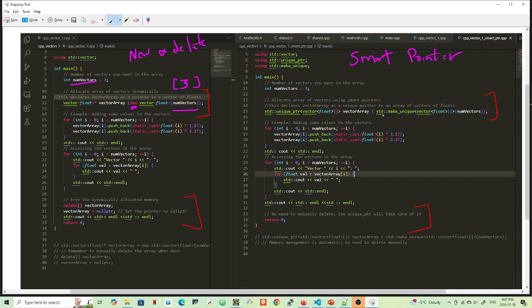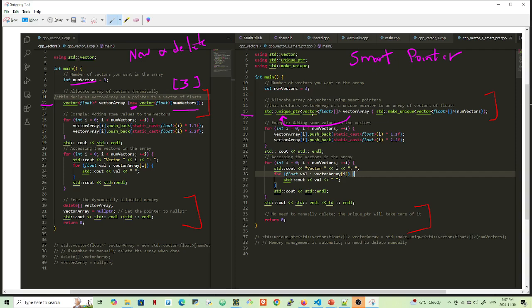So we're talking about line 12 versus line 15. Same thing here, I have a vector array. Watch this, there is no asterisk here for pointer, but I have a unique pointer here. So it's a vector array acting as a unique pointer to an array